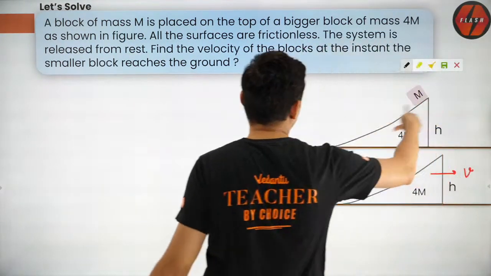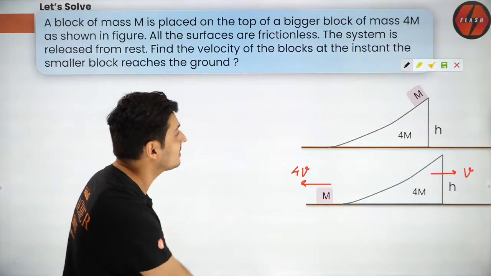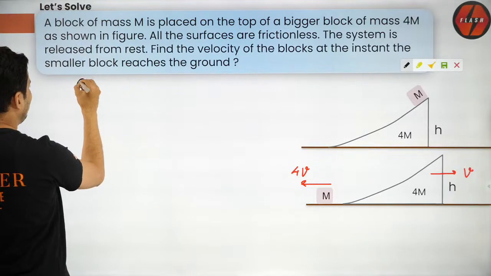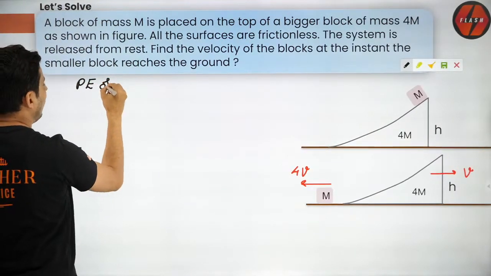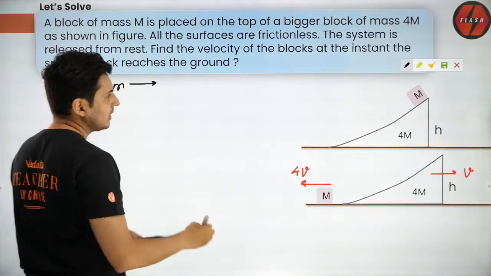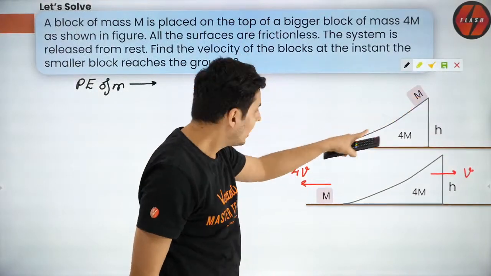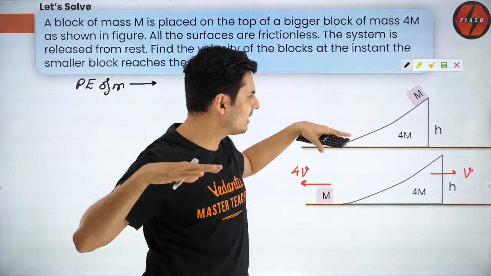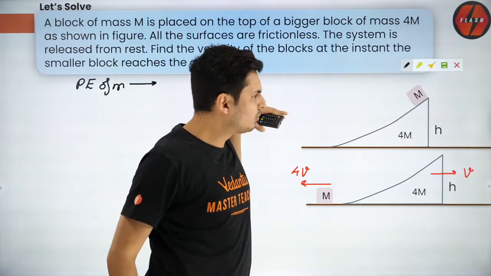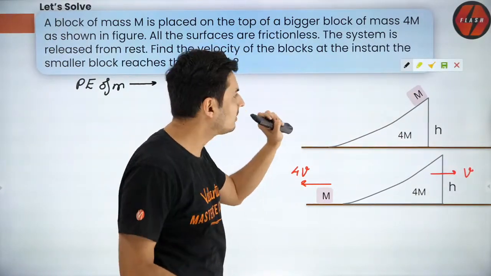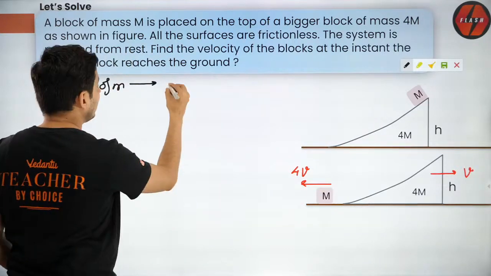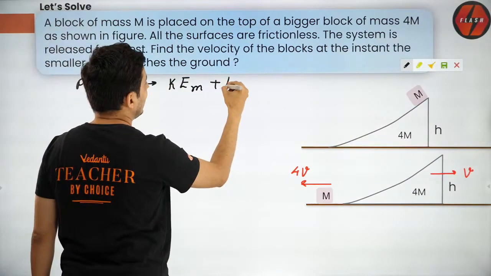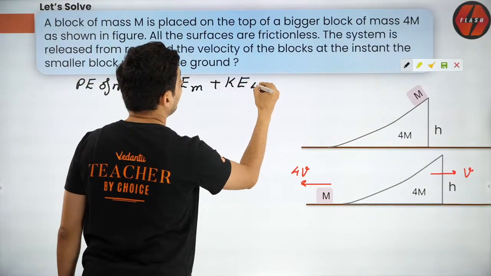So guys, what is the energy equation? Whose energy got converted into whose energy? Think about it. I feel the potential energy of M, correct? M had some potential energy and it came down. 4m did not come down. 4m is just maintaining its height. This movement will not cause any change in its potential energy. And it is going into the kinetic energy of m and the kinetic energy of 4m also.